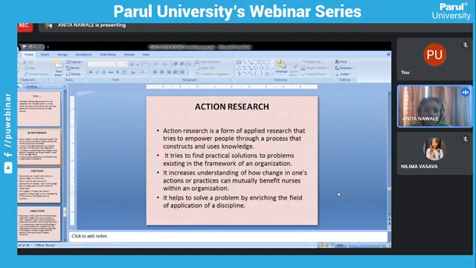Like that, we can have action research done for a particular problem, and we can get the solution, and that solution should be implemented as a policy for that particular institute. The major drawback of action research is that we cannot generalize the findings. They will be related to only that organization. We cannot expect the same findings or the same solution in other institutes. It depends on the particular institute, what the practices are, what problems they face, and how they can solve them.